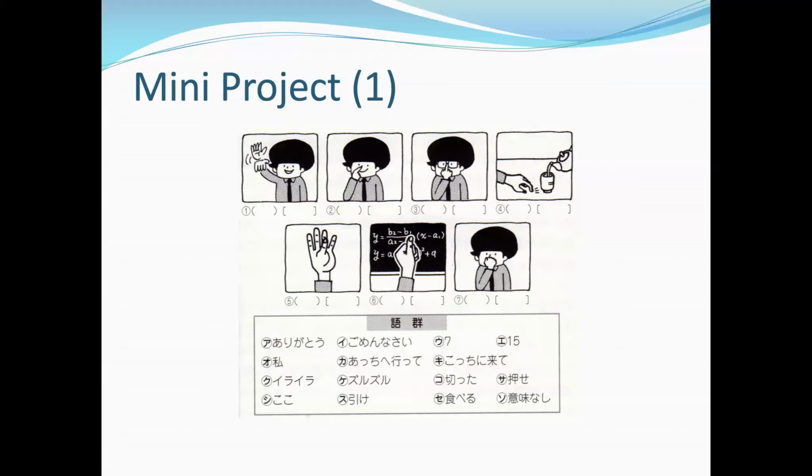Okay, please look at the mini project 1. Just one mini project today, at the end of your handouts. Okay, let's skip the Trump 3 pictures now and look at the mini project here. Here, there are 7 pictures or little cartoons, all right? And he is doing some kind of gestures. They are all emblems. Okay, they're all emblems. Okay, and from number 1 till number 7, would you please choose the meaning of those